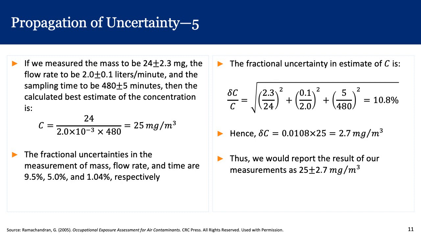So anytime a measurement is made and you have to report its results, this is the format in which the results should be reported, namely the best estimate and the uncertainty in your estimate. Without an uncertainty estimate, it's basically wrong. You cannot report a measurement without reporting the uncertainty in it.